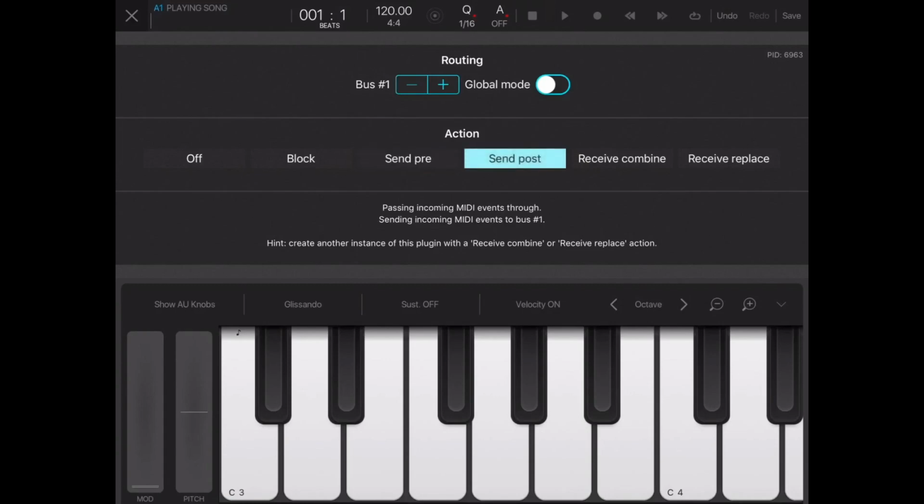So we'd actually set it in this instance to send post, so it sends MIDI information from after triggering the original synth, which would be TroubleMaker. So that's your post value. So we'll do that now,